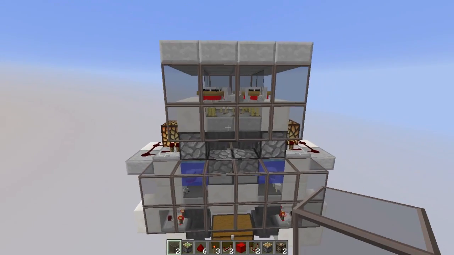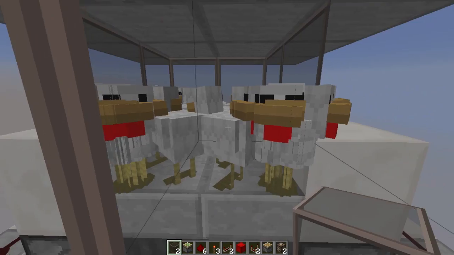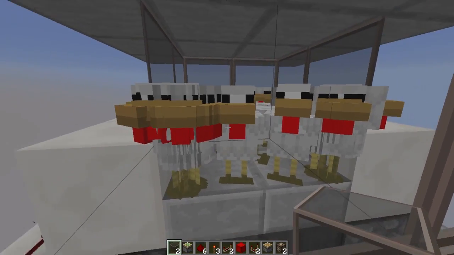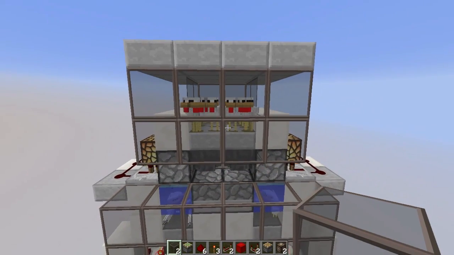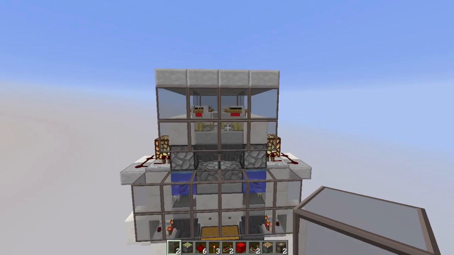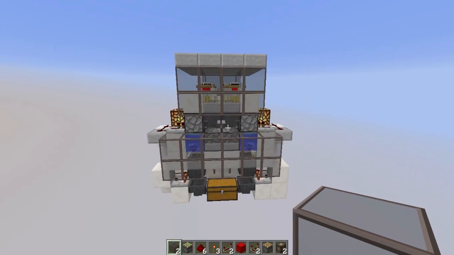And the reason why is I don't want that many chickens colliding with each other, because the game has to calculate all the collisions. This changed in 1.9, so they are applying kind of pressure on each other now, all of them, and the game has to calculate all of this. So